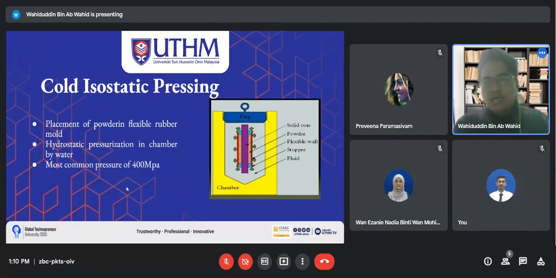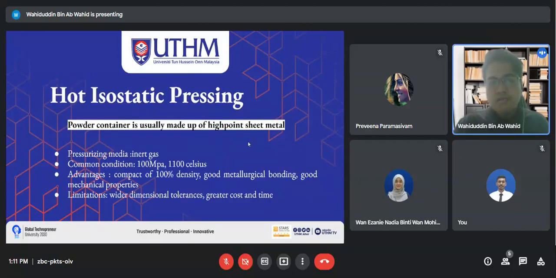This is the picture of the cold isostatic pressing. Placement of powder in a flexible rubber mold, hydrostatic pressure in the chamber by water, and the most common pressure is about 400 megapascal. Next, we have hot isostatic pressing, where the powder container is usually made of